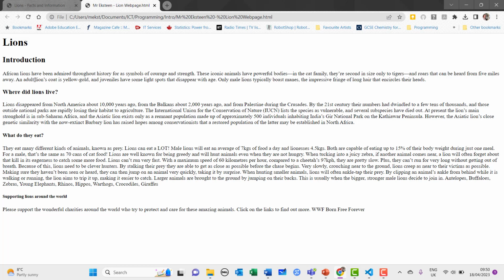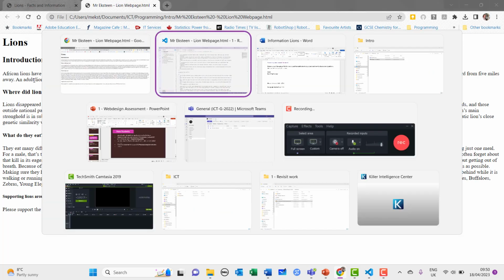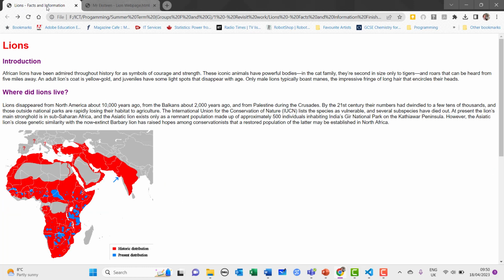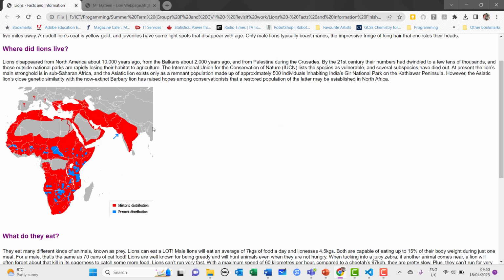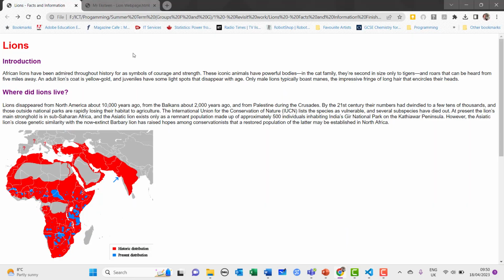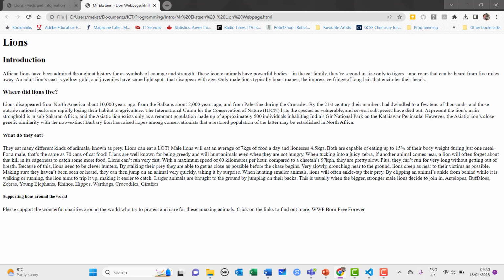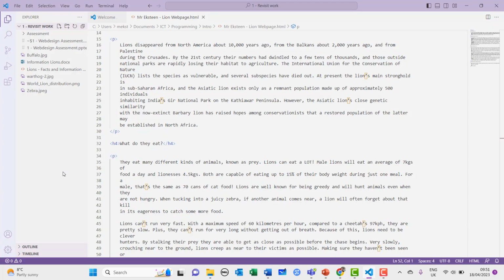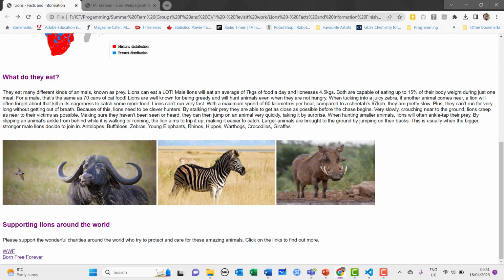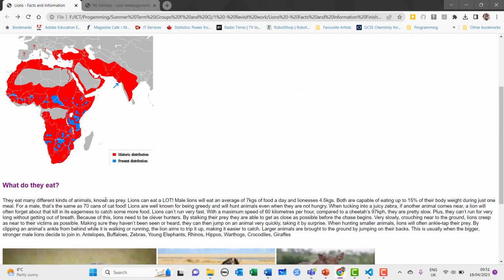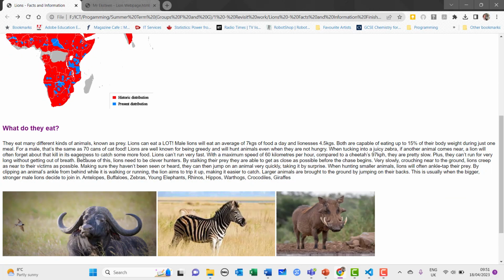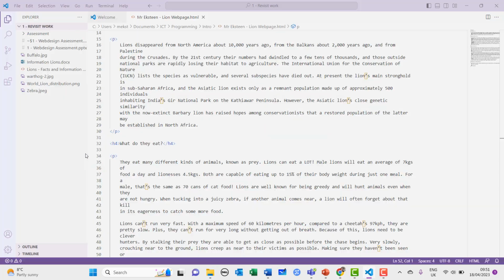Okay. Now, our next step is to actually insert some images into our picture. Now, there's something else I've noticed that's different as well. So let's just have a quick look. Okay. All right. So what we're going to do now is, or what I would like to do,